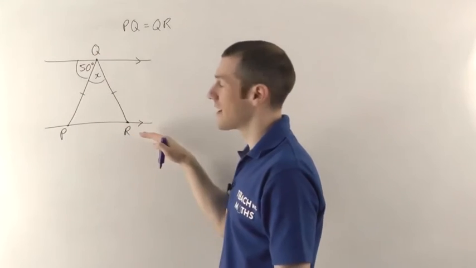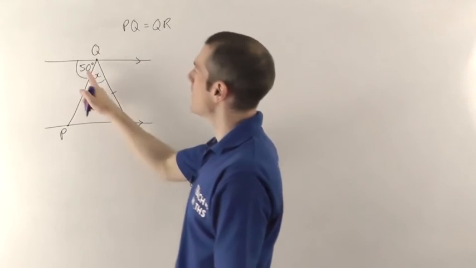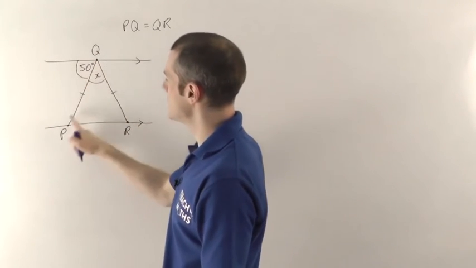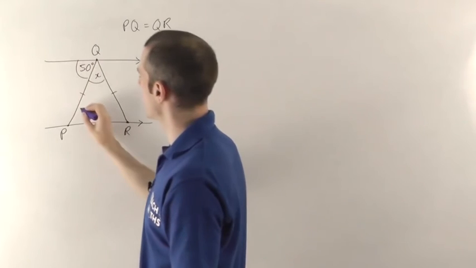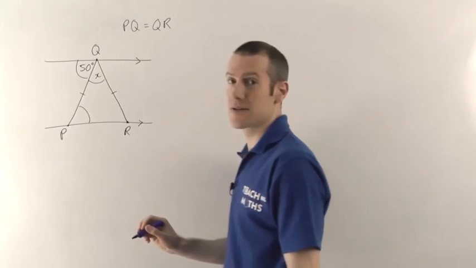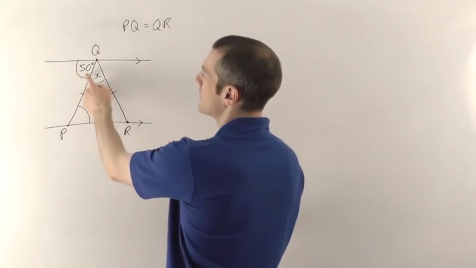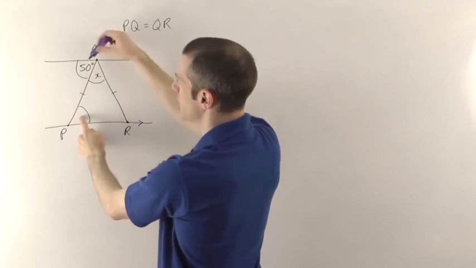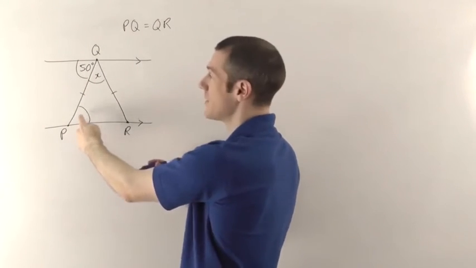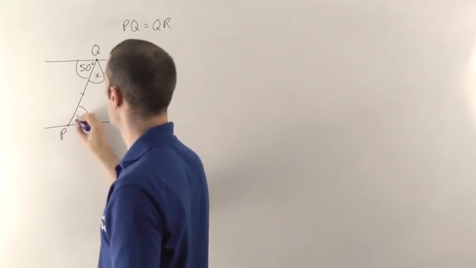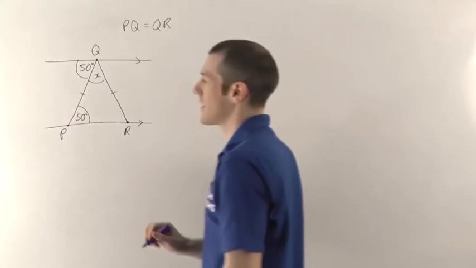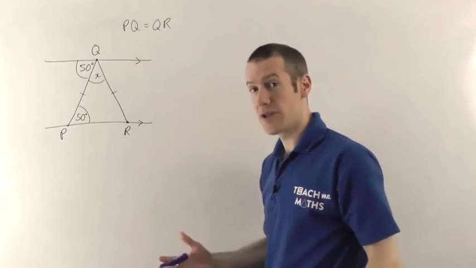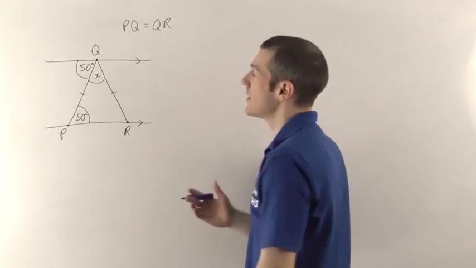Because I've got the parallel lines, this one and this one will sit inside a Z shape. So this one is the first one I want to try and figure out. And hopefully you can see that Z shape there means this will be 50 degrees. They've got to be the same. So that's the first thing I was able to do. I was able to work out that that's 50 degrees because they're alternate angles. Next up then,